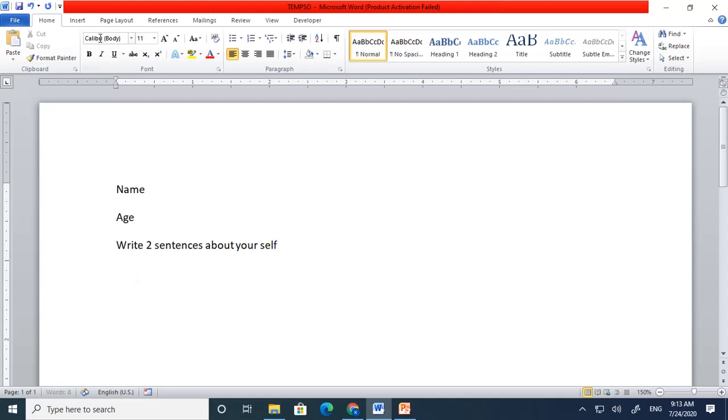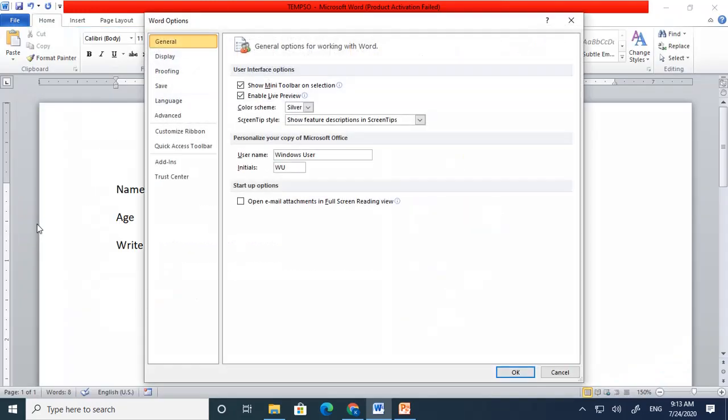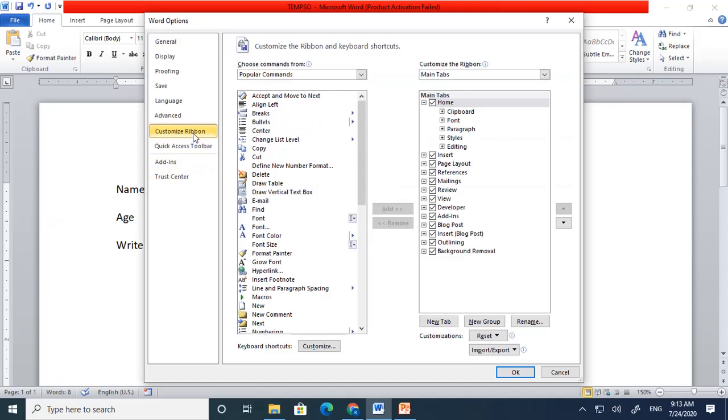Now in the top bar or in the menu bars you will see a Developer tab. If this Developer option is not available in your system, go to File, Options, and Customize Ribbon.